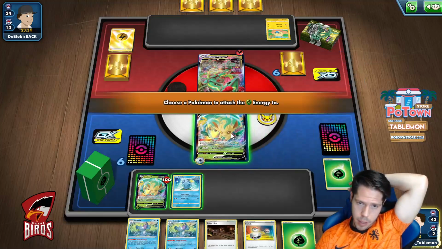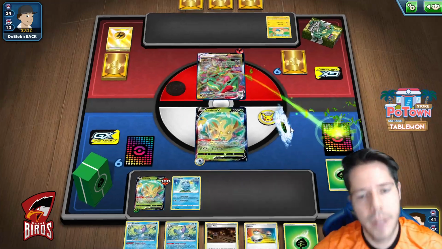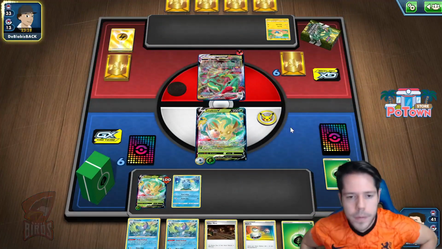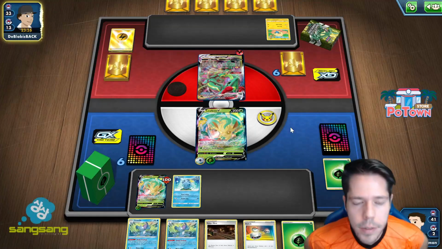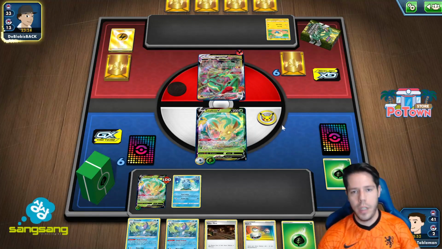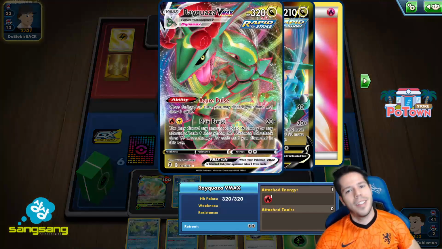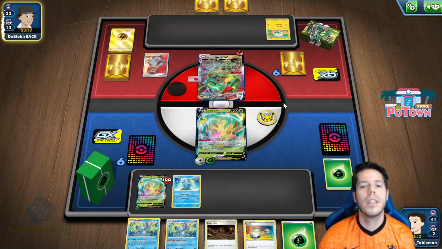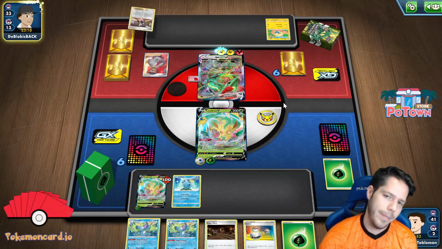And then we'll go ahead and greening cells and attach to the active. I think that is the right way to go. Because then the active doesn't go down, hopefully. Because the VMAX has a 2 retreat cost, now it has a 0 retreat cost. Oof. Well,